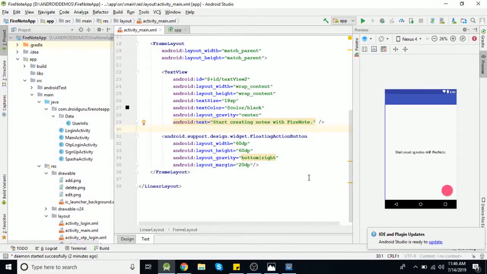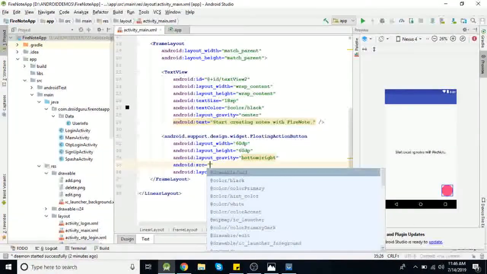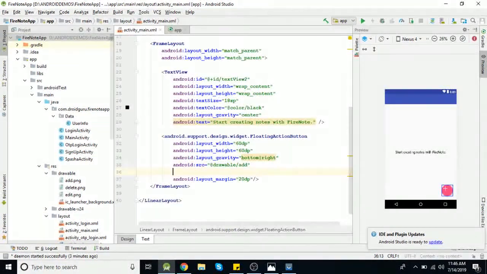Now let's add this image to the floating action button. So I am adding src. We need to add that plus icon, so this one. For this icon to be at center, this path size should be normal.